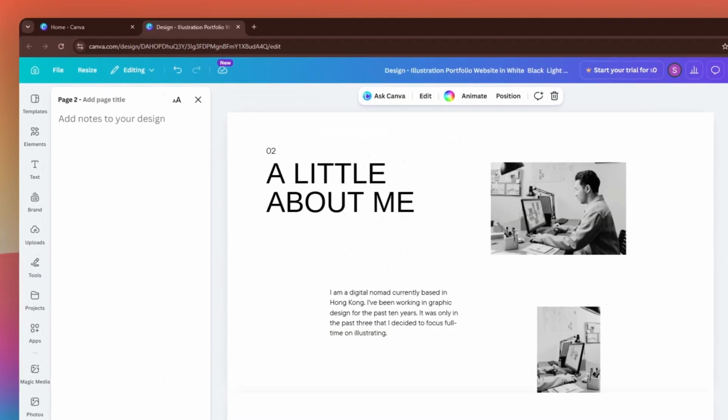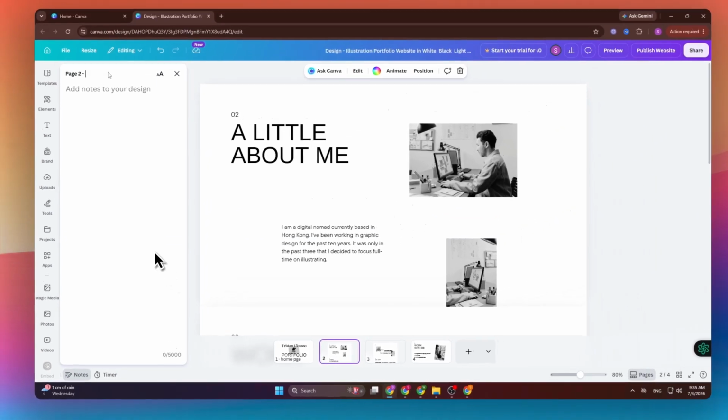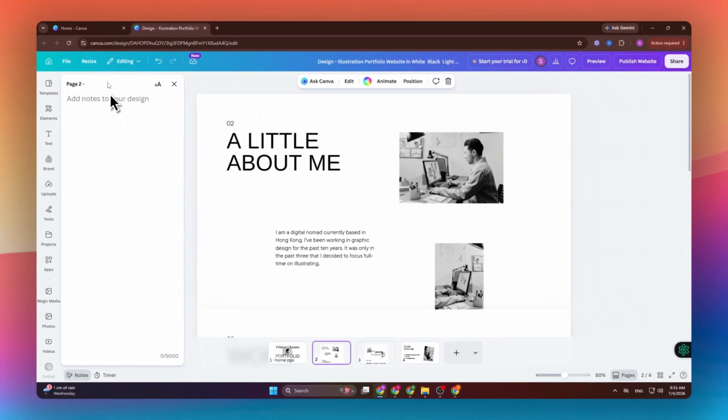Next, check the character count to manage your note length and move on to editing your page titles for better organization. Update the title field by entering a clear page title like About Me, so each section of your website is